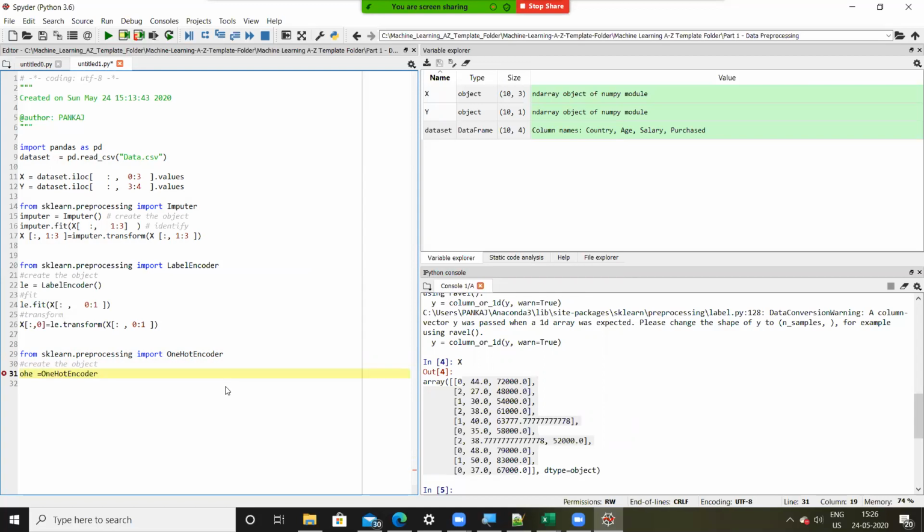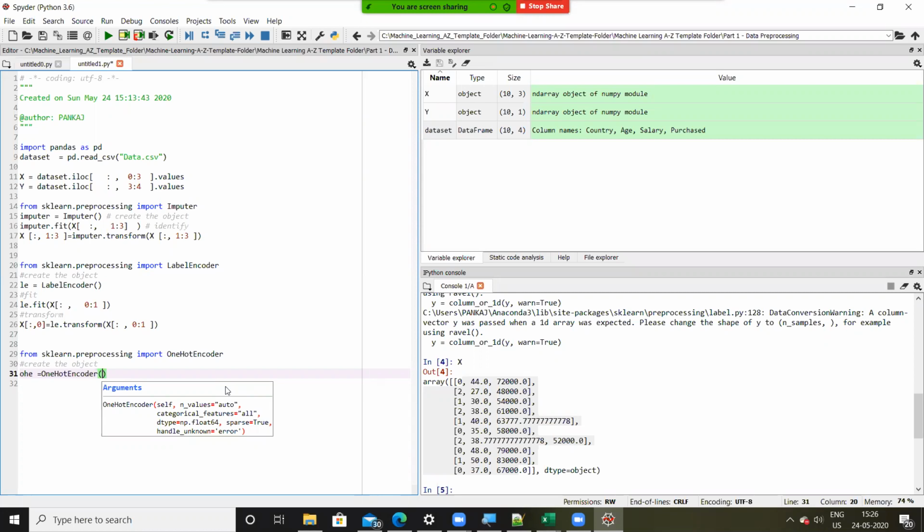Now here, right from the beginning, we need to tell one-hot encoder that we are going to apply it on a specific column. So we need to mention the column index here. Unlike label encoder or imputer, we never mentioned on which column we are going to perform before the fit statement.